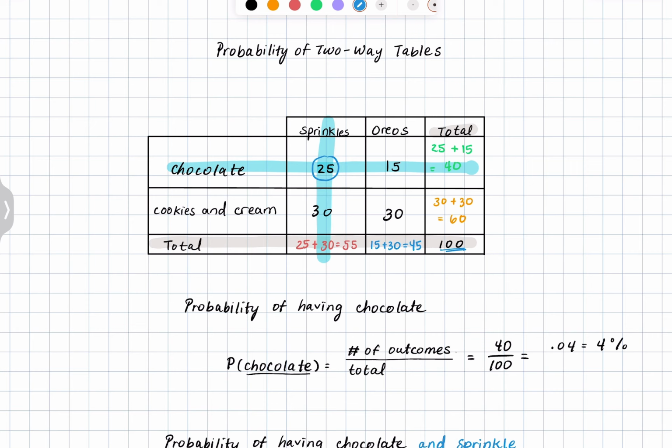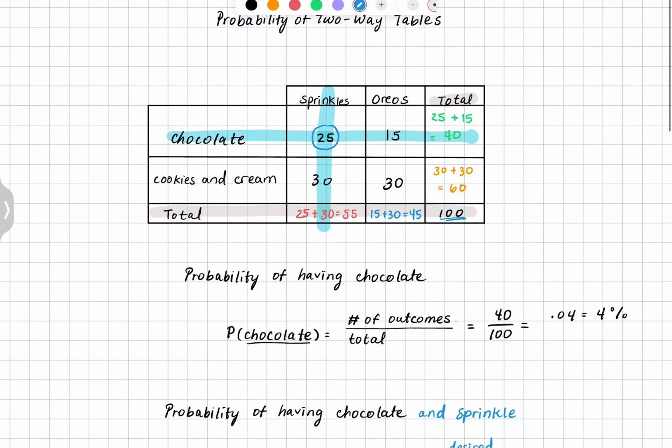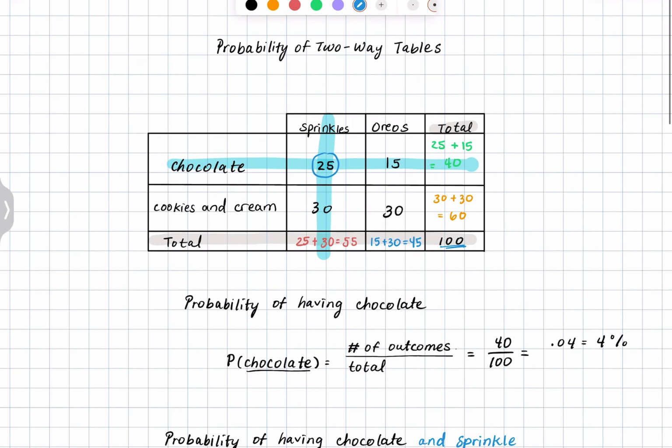In future videos, we're going to be talking about conditional probability, where, let me give you an example. It's going to be something like, given that it's cookies and cream, what is the probability that there are Oreos on top of it? So that's conditional probability. We'll get into that more in later videos. But so far,